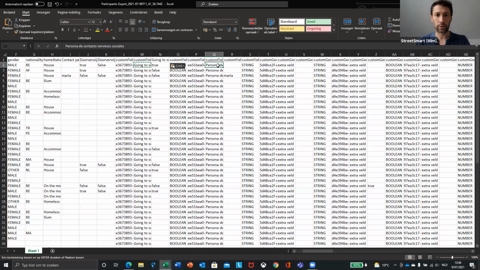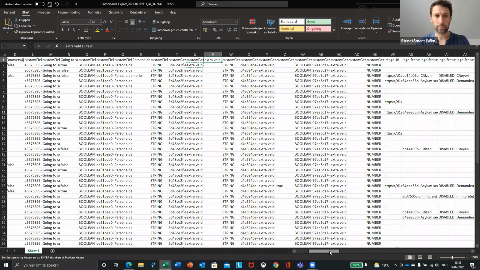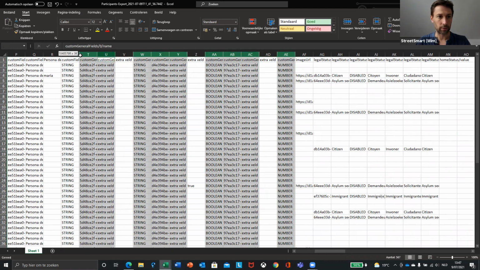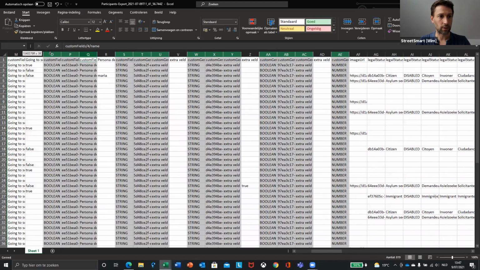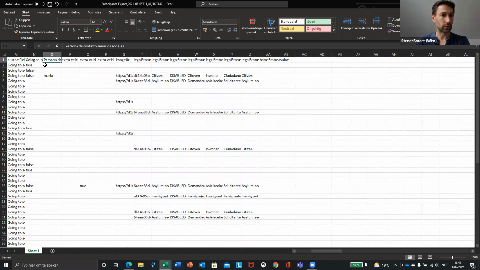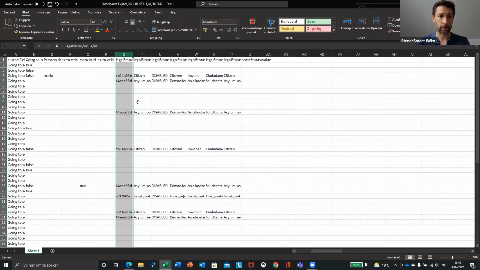So what I will do, I will just first copy the names. That goes faster. And once I have copied the names, I will delete all of the columns I don't need. And now you can see, going for all of the extra fields that we have created, all the data that we have gathered. Next, if there are images linked, we can see here the URL where the images are stored. That's not really useful for us.